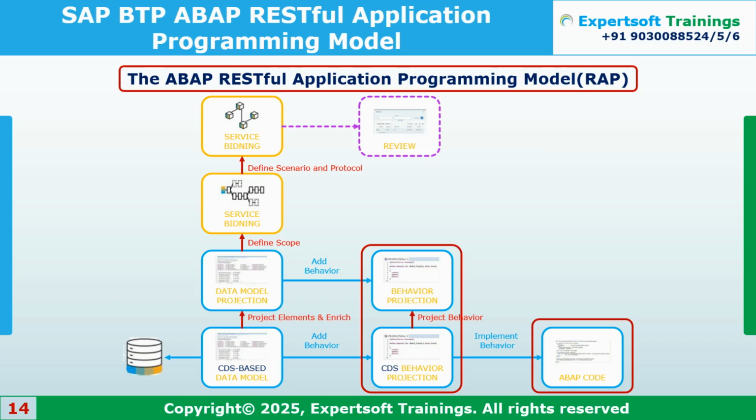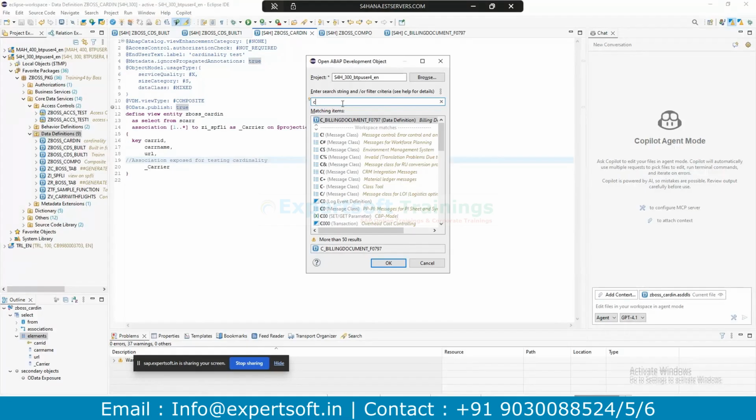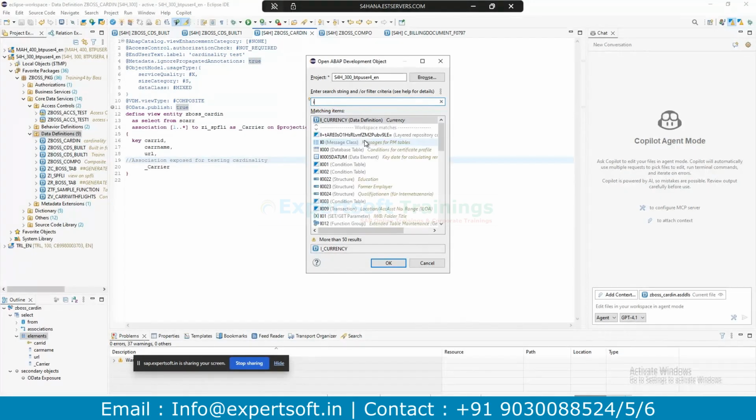So the standard naming convention: if it starts with I, then it is the interface view, and if it starts with C, it's a consumption view, where it is ultimately used somewhere in the real Fiori application or real APIs. If you find one starting with IA, it is not directly used in any of the places.